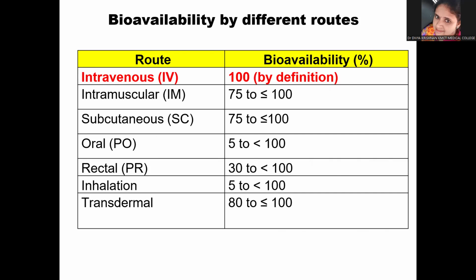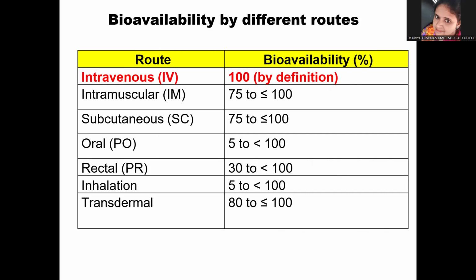Any drug that is given orally will never have 100% bioavailability, mainly because of two reasons. First, there might be incomplete absorption from the GIT. And second, there may be metabolism occurring in the GIT and in the liver before the drug reaches the systemic circulation. That type of metabolism is called pre-systemic metabolism or first pass metabolism. This means that the metabolism is occurring before the drug reaches the systemic circulation, in the GIT or in the liver.